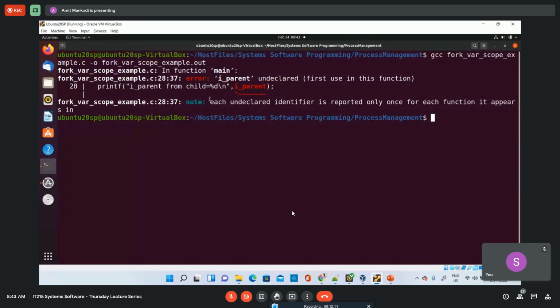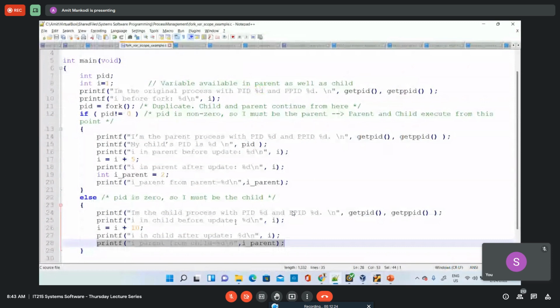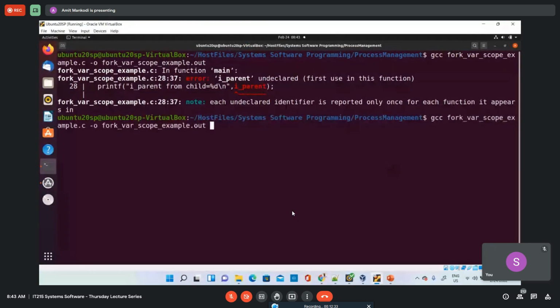So you can see that because it's a different process, these variables are local to that process, once they are declared inside your if or else part. Now if I comment that line out, which is trying to print the value of iParent, and then I try to compile it, I should be able to compile without any problem, because now I'm not accessing this iParent variable in my child process. And now if I try to run this program,